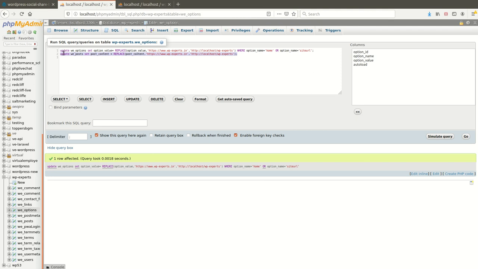Copy, paste. That needs to be the WP excerpt column, the excerpt column.